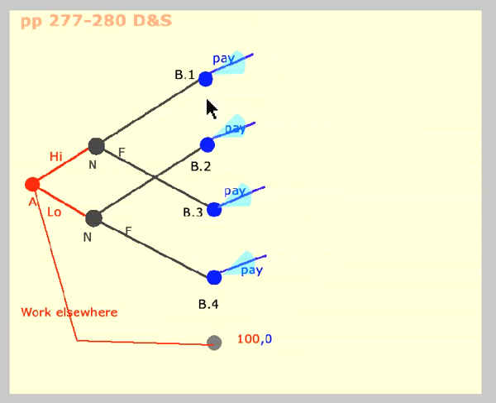Then your employer will decide to pay you something or not. I put a little fan on the right-hand side here because there's all different levels of payment that they could actually make. But we haven't quite got the information structure here, or the uncertainty in this game. It turns out that we're going to put 2 information sets around these nodes where the employer is making payment. And notice how these 2 nodes are connected together.